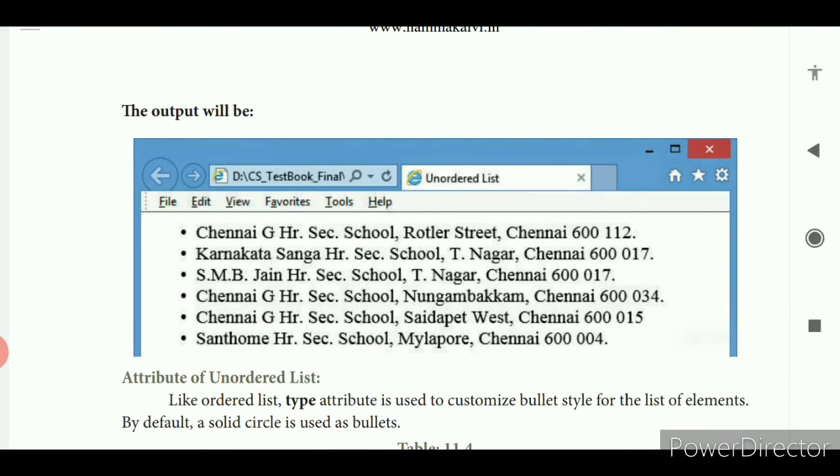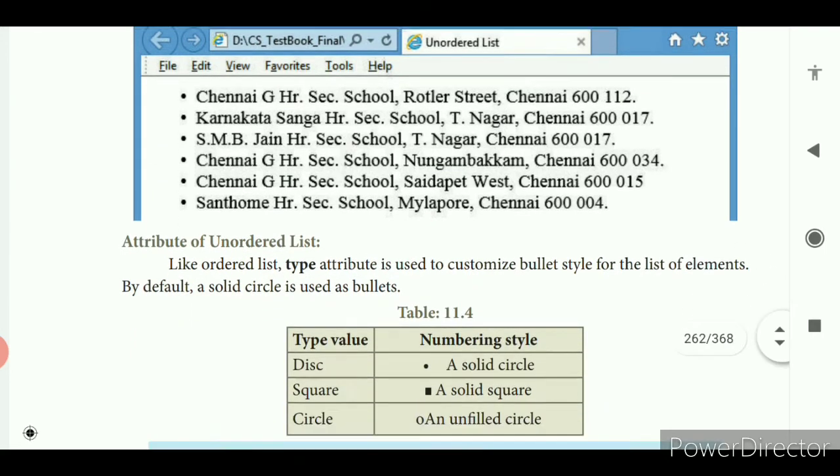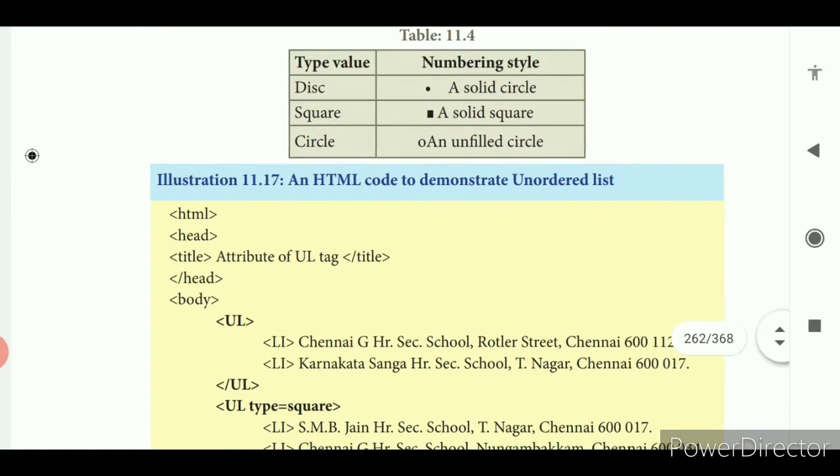Here, instead of numbers 1 2 3, we have a small circle. So the attributes of unordered list, again you have a type. Disc means a small circle, square means a small square, then circle means the unfilled circle.